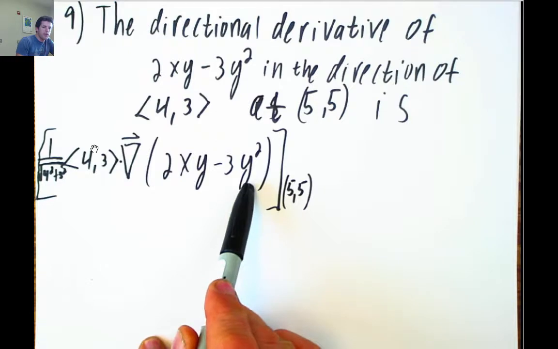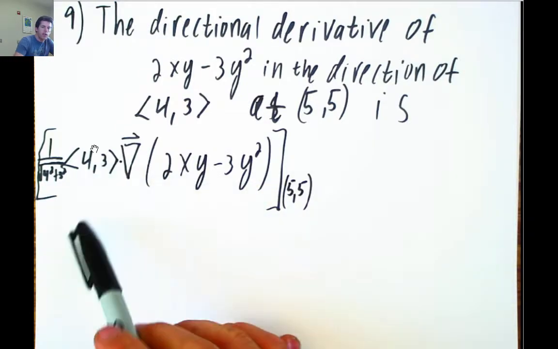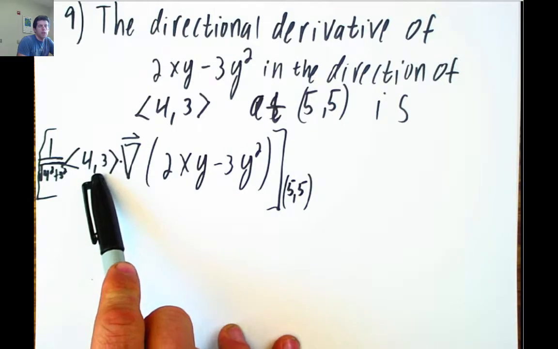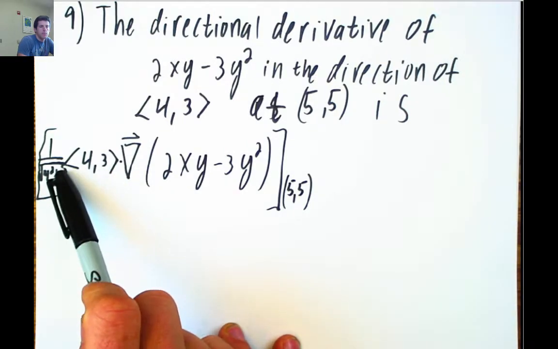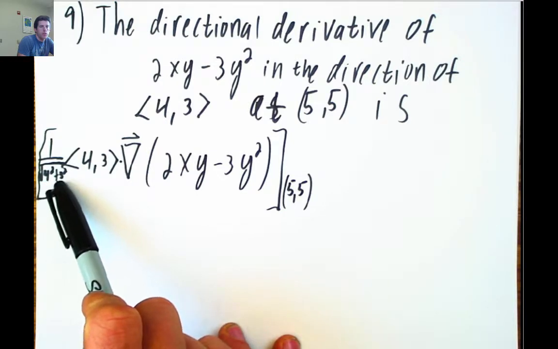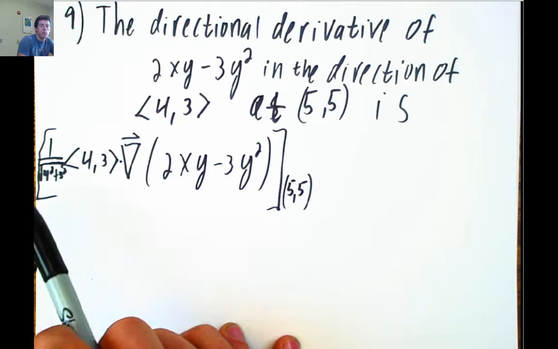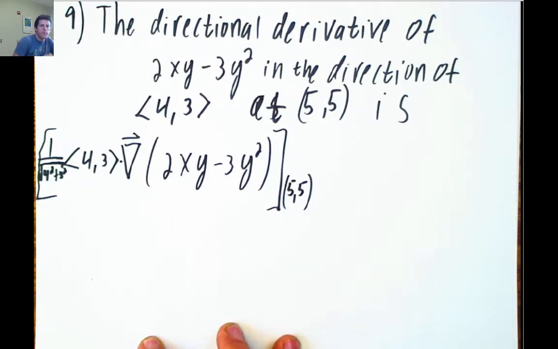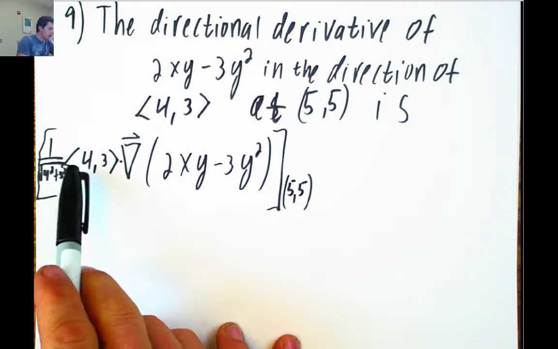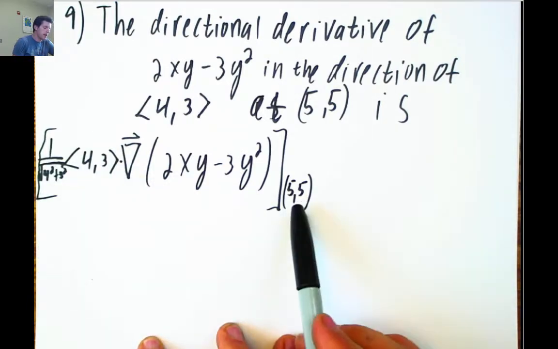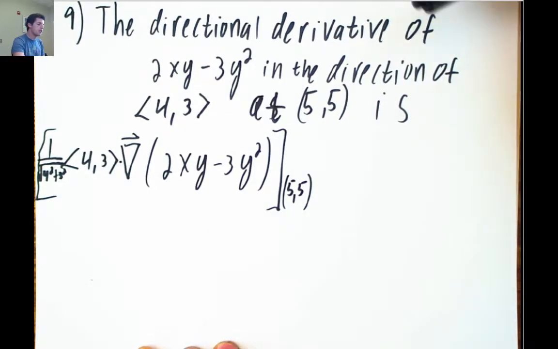But then I realized that vector right there is not a unit vector, and so I need to, what's called, normalize it. I need to divide by its magnitude, the square root of 4 squared plus 3 squared, in case you can't read it because I'm writing with a big fat pen to try to make everything readable. How ironic. Okay, but that unit vector, this times this, dotted with that gradient, evaluated at 5, 5, will be the directional